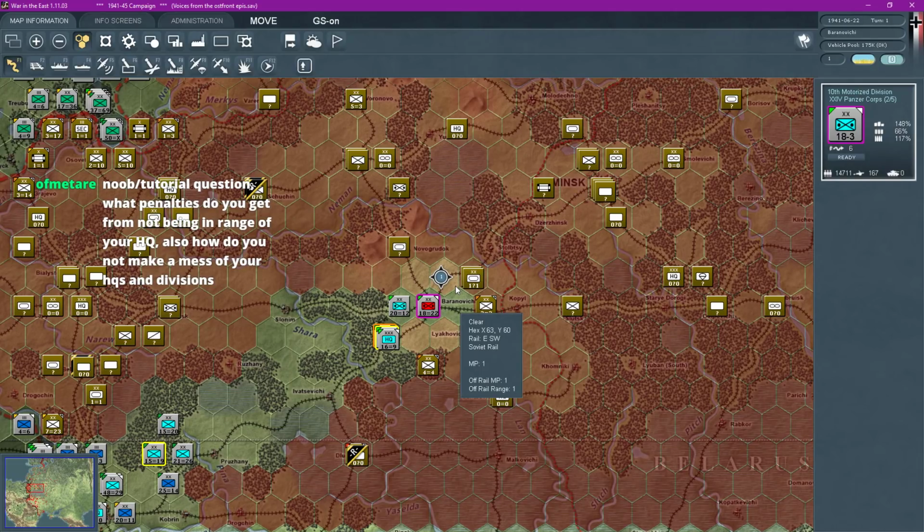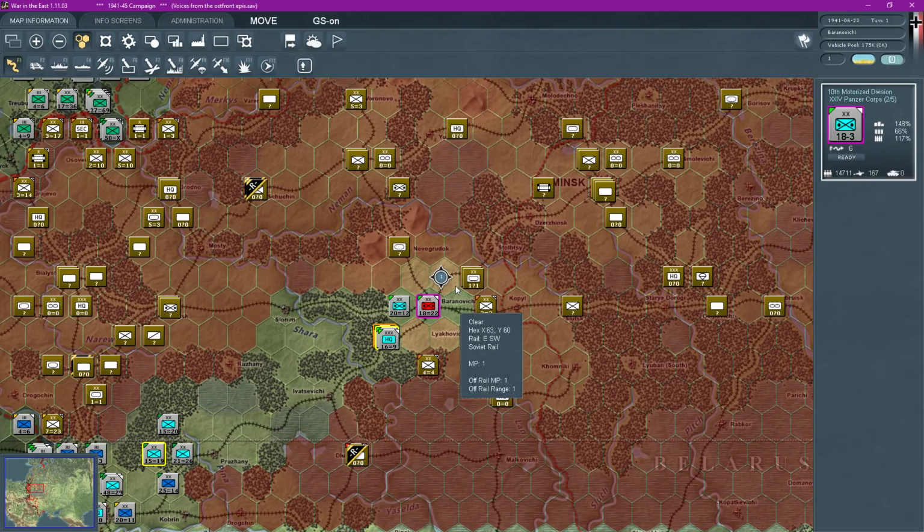Hello there, Alphamata. How you doing there, my friends? Noob tutorial question. What penalties do you get from not being in range of your headquarters? Also, how do you not make a mess of your headquarters divisions? Now, see... I'm kind of spitballing on this one when it comes to actually having the headquarters in range. I think what it does is basically allows you to use the commander to help...